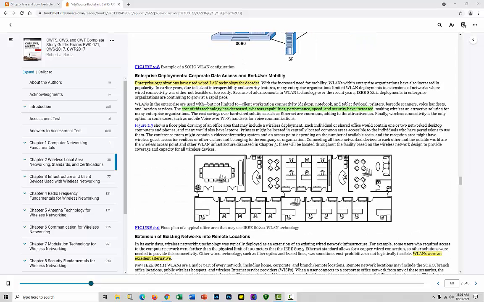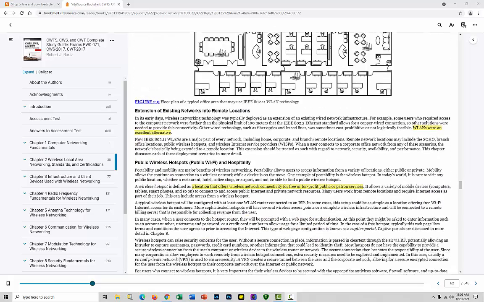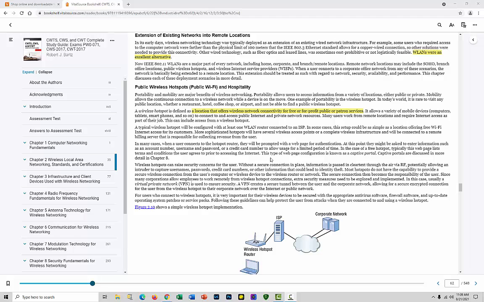Enterprise, this chapter talks a little bit about how it was for many years, enterprise would do wired connections, but as the standards were met by manufacturers and the price came down, security got better, right? Because you're at a company, you have to worry about security and folks logging on to the network, and someone else just maybe intercepting that transmission wirelessly with the right type of laptop and software running. That could be bad for the company. So when security got better, enterprise embraced the wireless networking technology. When they expanded,